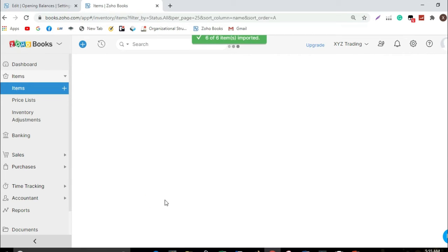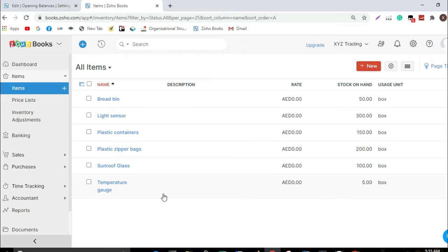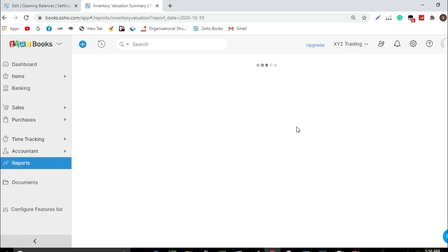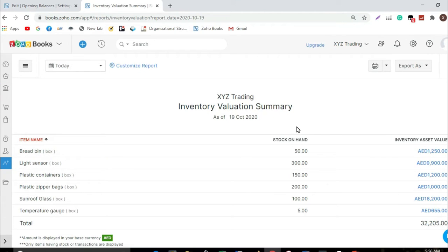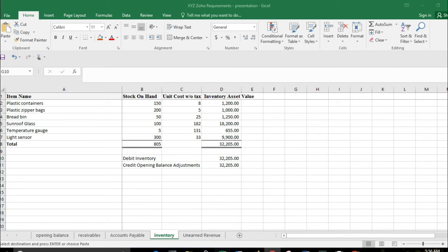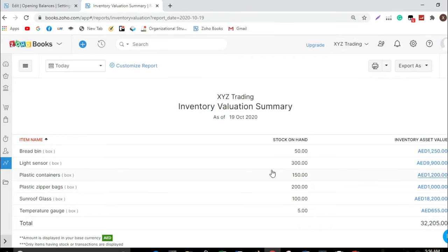Congratulations, we have completely imported all the products we have. So let's recheck if the total inventory as per Zoho is correct against the schedule we have. It's 32,205 dirhams, and our supporting documents show the same figure, so it's correct.